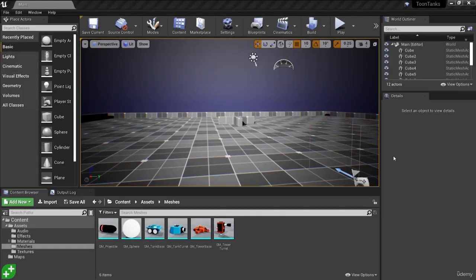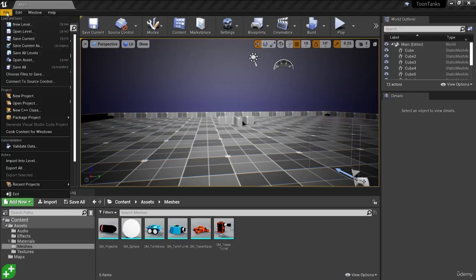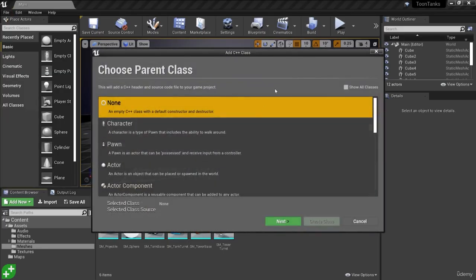So back here in the level, I'm going to go back to File and create new C++ class. I have not created the C++ class yet. I just closed out of this to go back to that slide. But now that I'm back, I'm ready to create my first C++ class for this project, and I'm going to